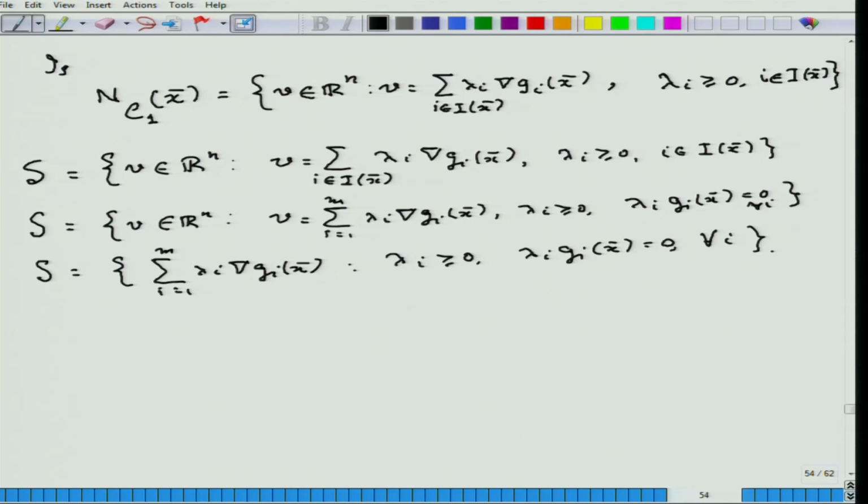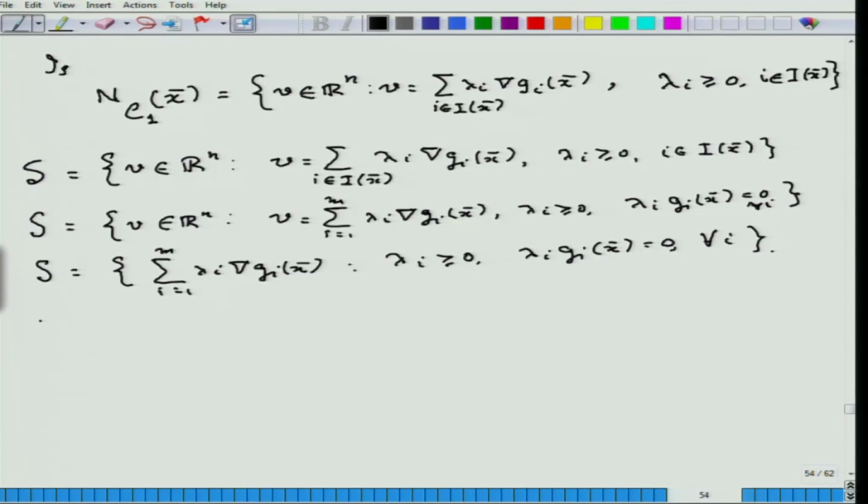Now, you know very well that this normal cone is a convex cone, which is by definition true; it is actually a closed convex cone. Now, the question is whether this S is also a closed convex cone. So, the first step is we will show that S is a closed convex cone under the Slater constraint qualification,